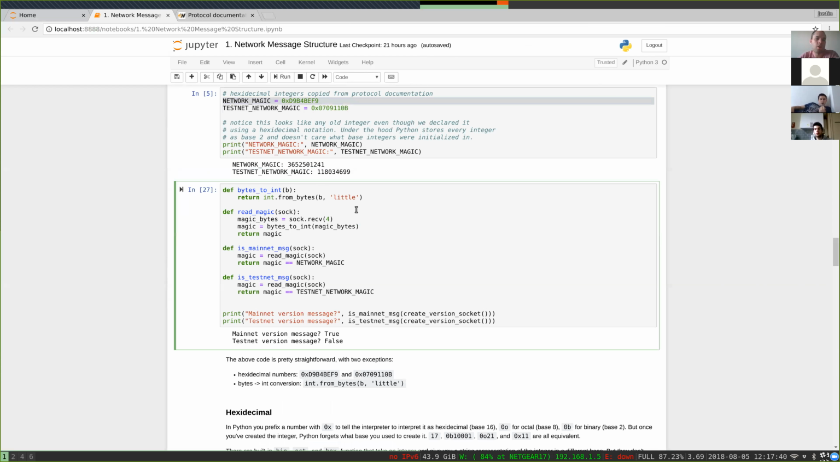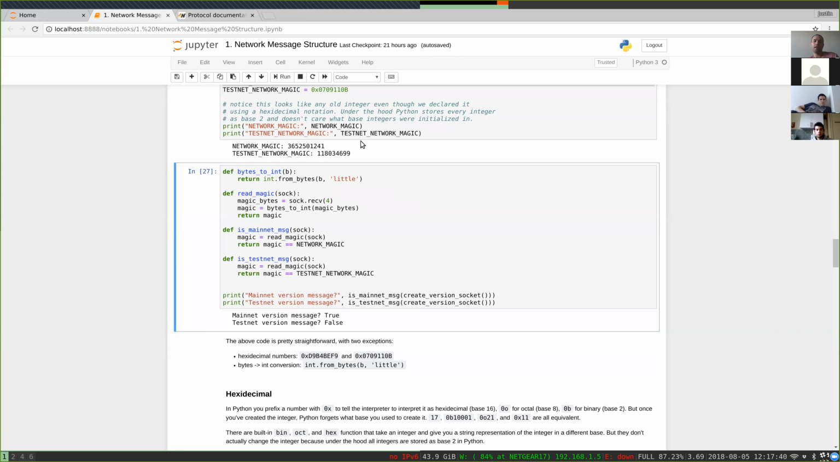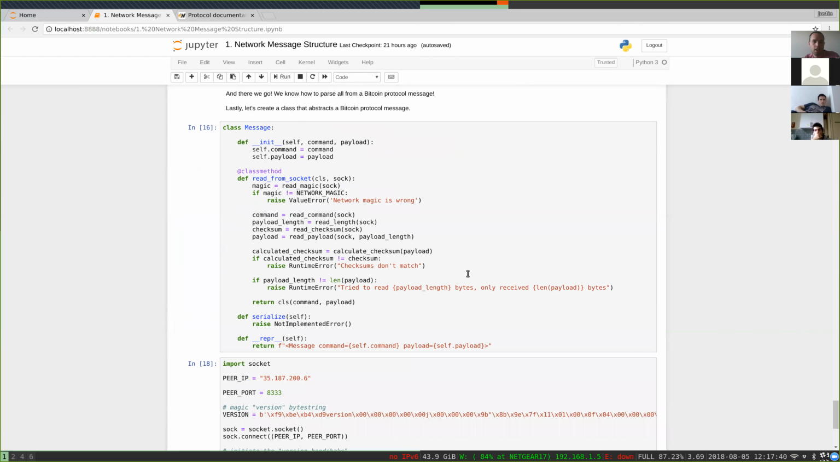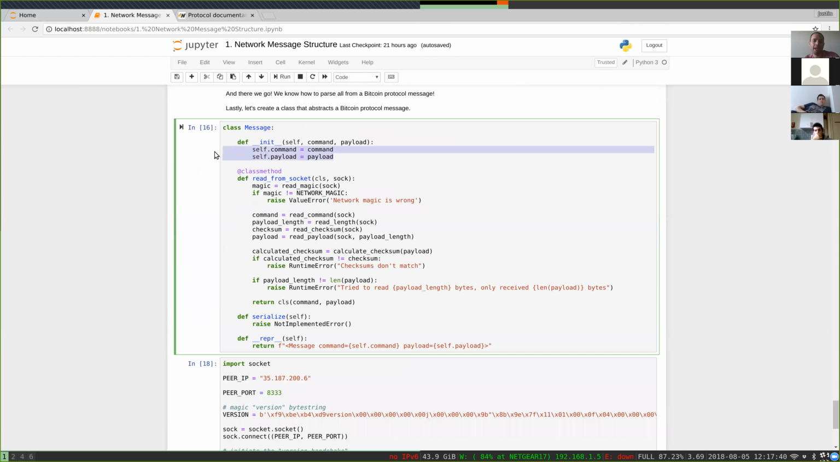Sounds like no. So let's go on. What we're going to be doing now is creating a lot of these little one-line helper functions, because in our code later on, at the end, we're going to create this message class. It's just going to have two attributes, the command and the payload. This is the contents of the message, and this is what kind of message it is, like version, verack,